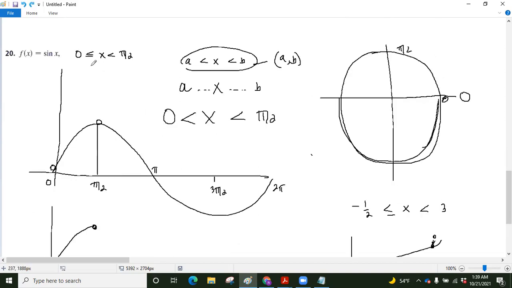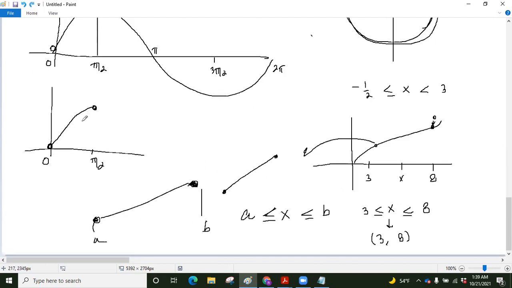But remember, one of them is including 0. It says greater than, so I'm going to include 0 as well. So this is what I'm now looking at. And now I'm asking myself the original question, which is, where is the absolute minimum or maximum, the local minimum or maximum, and so on and so forth. And in this particular case,